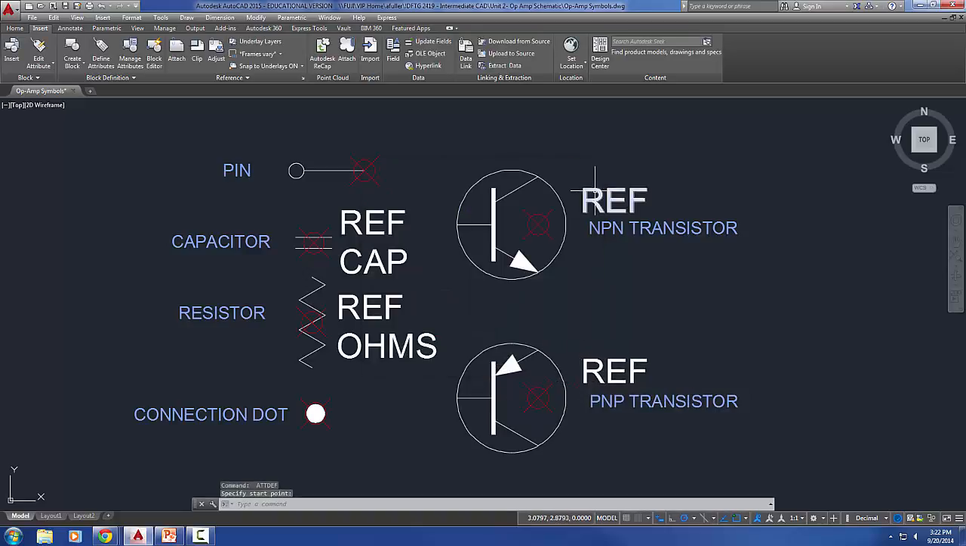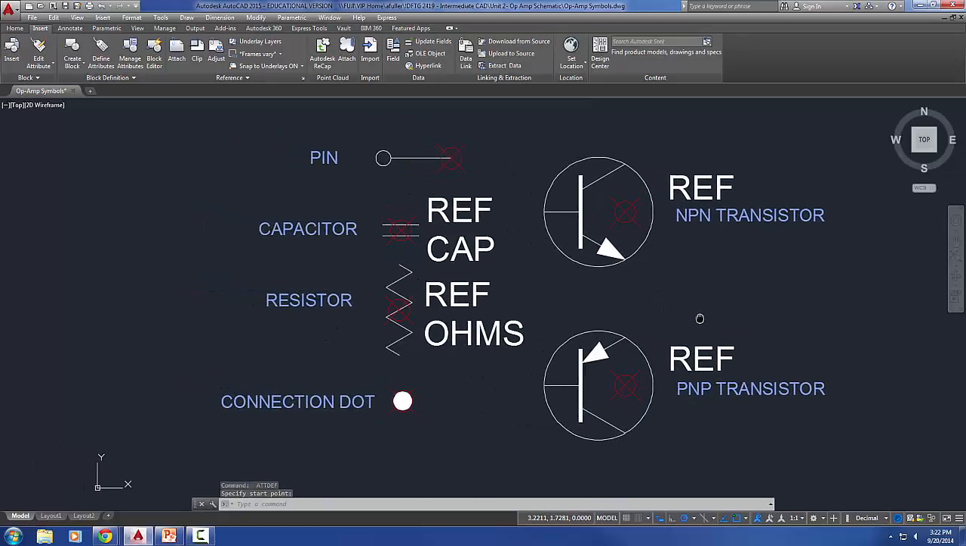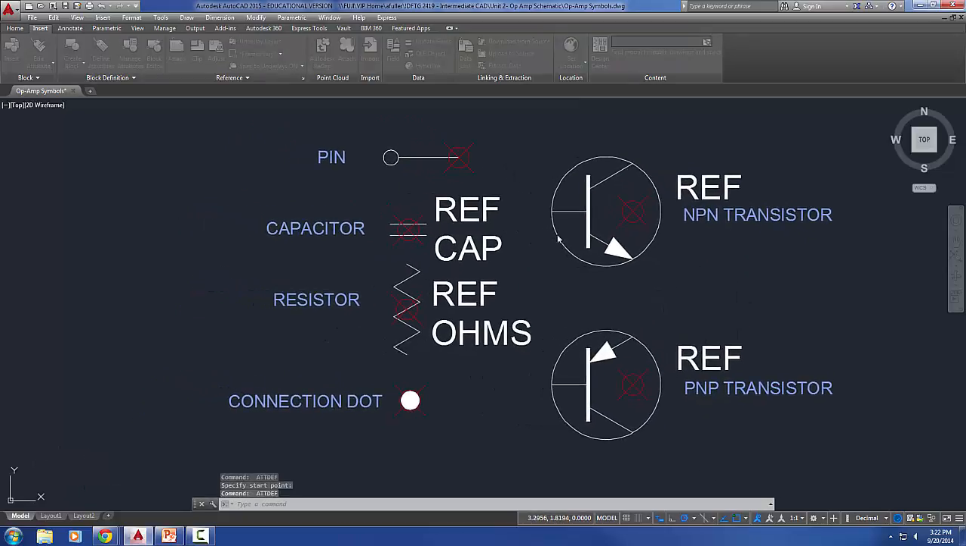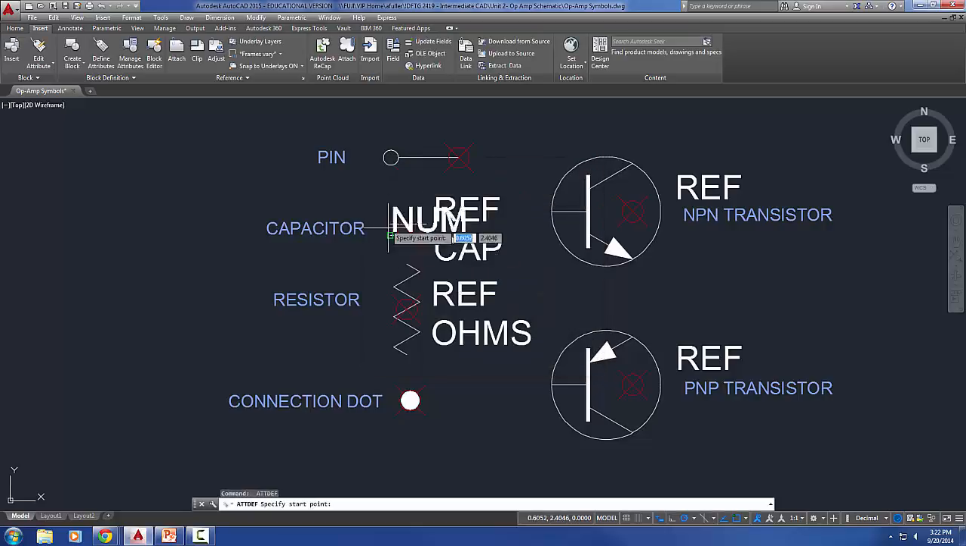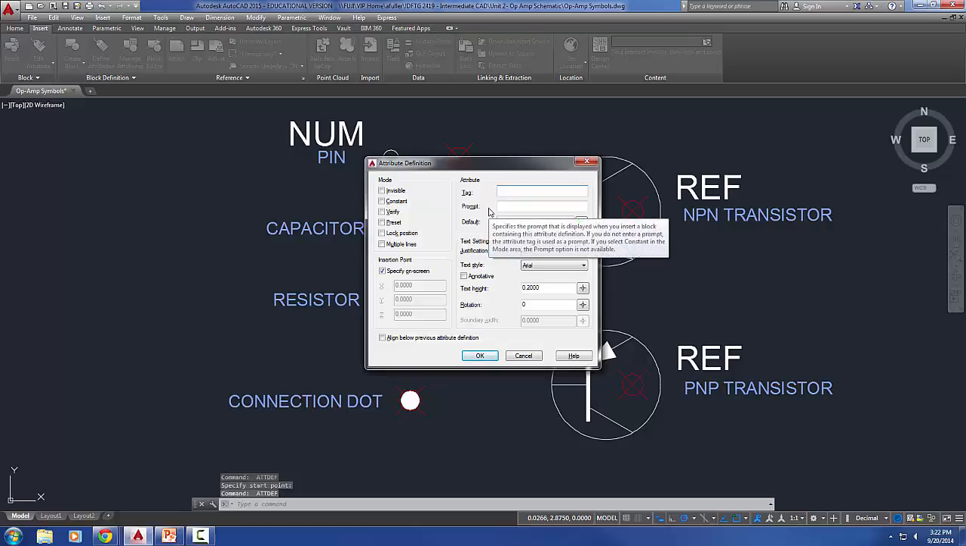We actually could have just done this one and copied it over. They're exactly the same. The last one that we have here is the pin. Pin number. I'm actually going to put the text on this side, so this is going to go on the outside here. Pin name. Now the only thing that's going to be different about this is I'm going to check where this